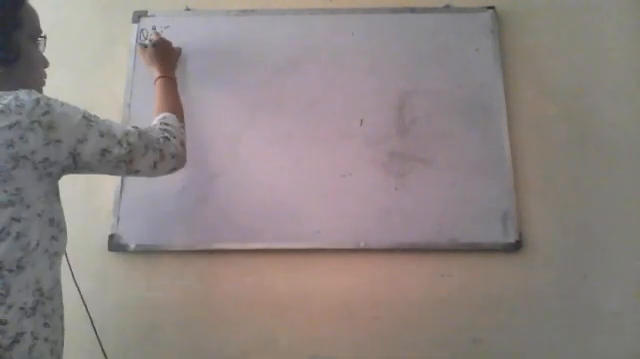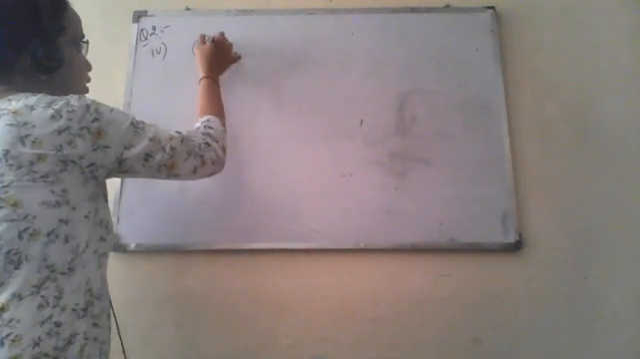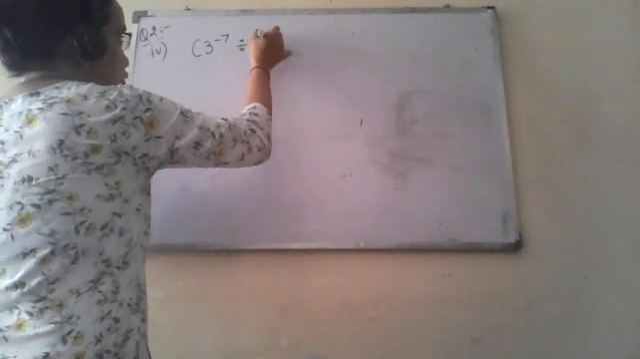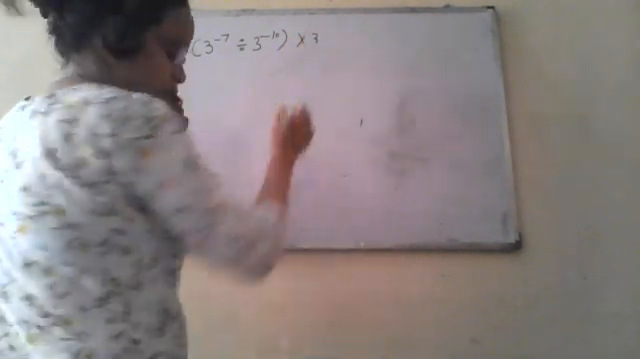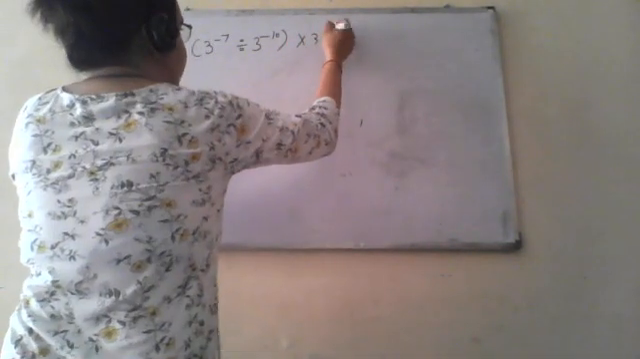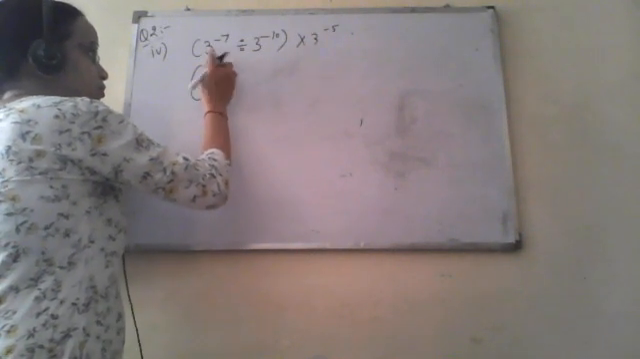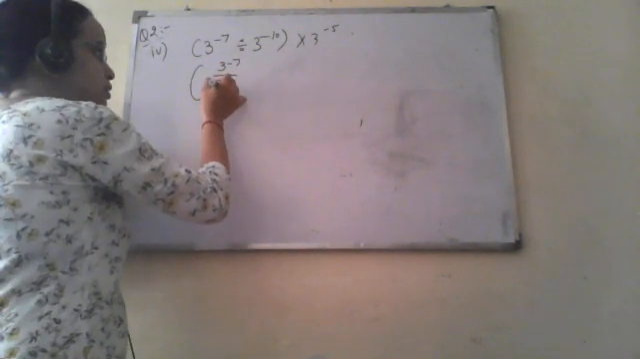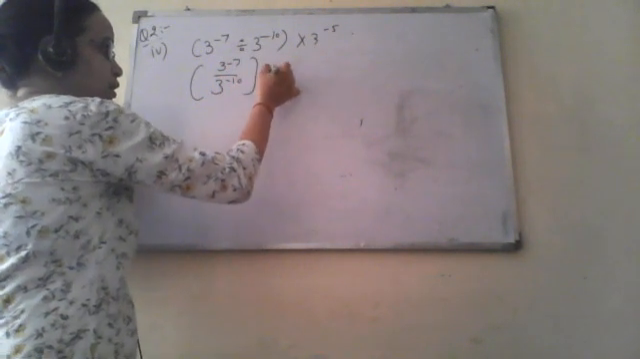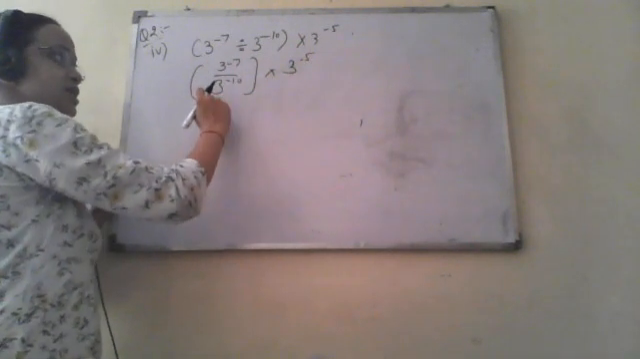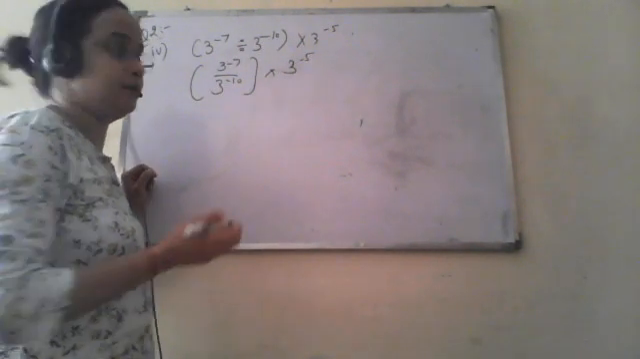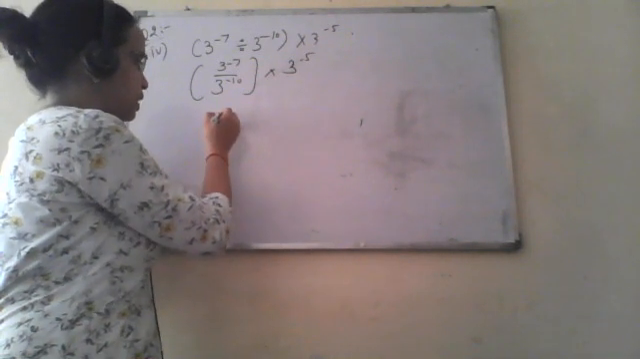Now next part. The fourth part is, it is 3 to the power minus 7 divided by 3 to the power minus 10, into 3 to the power minus 5. Now in the bracket we have 3 to the power minus 7 divided by 3 to the power minus 10, into 3 to the power minus 5. Now bases are same, so the powers will get subtracted. So it will become 3 to the power minus 7